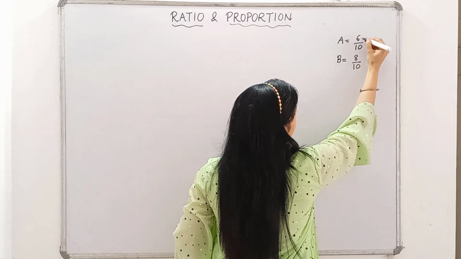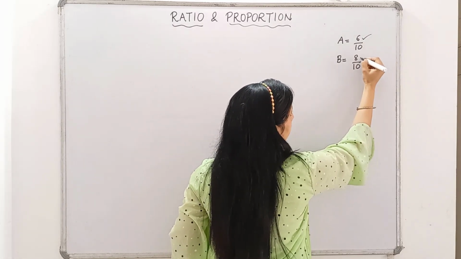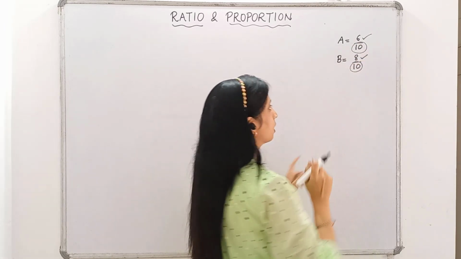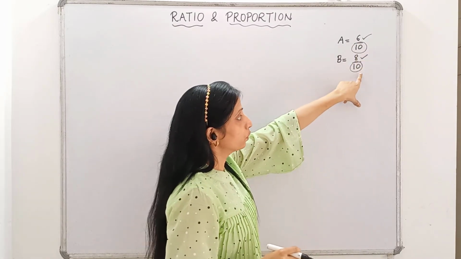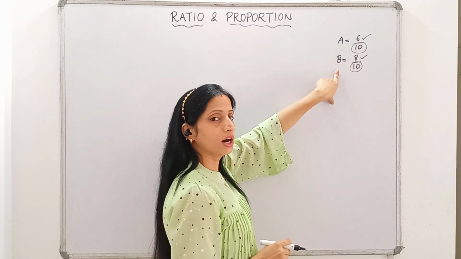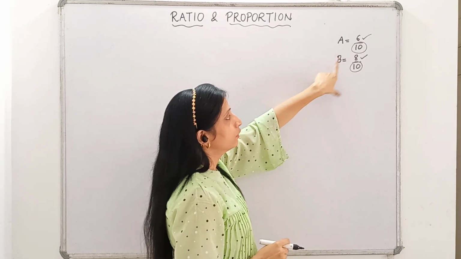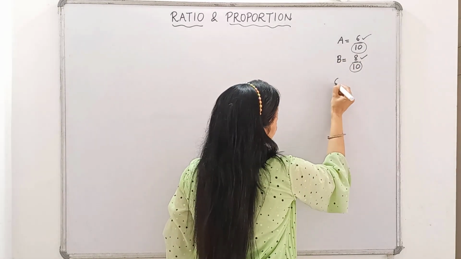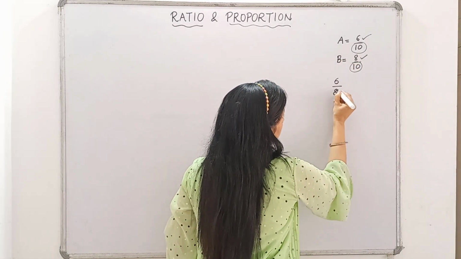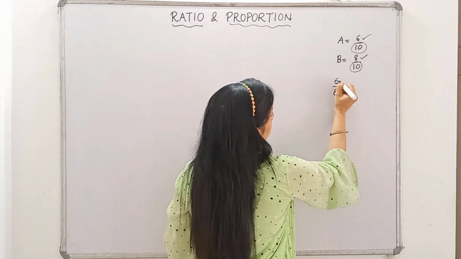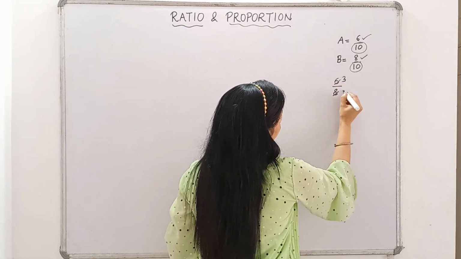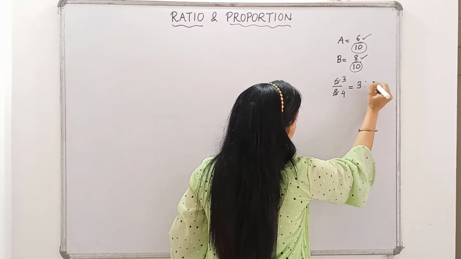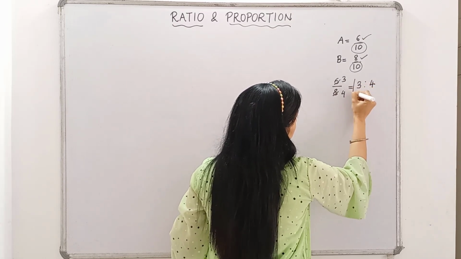How many marks did A score? 6 and B 8. Out of 10, you can see that both have scored the marks out of 10. So, to find out the ratio of the marks of A and B, we will compare 6 and 8 by the method of division. So, we will write like this: 6 by 8. We can cut it by 2. 2 3s are 6, 2 4s are 8. So, the ratio of the marks of A and B will be 3:4.